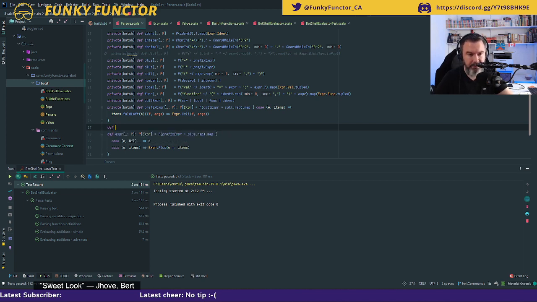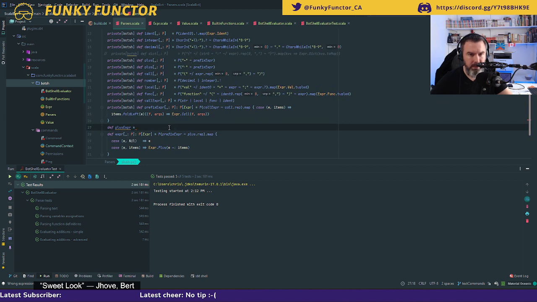So def plusExpr, and that is going to be the same as the parser here. So plusExpr equals, where is it?